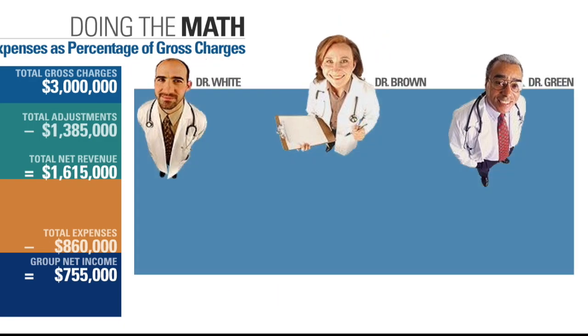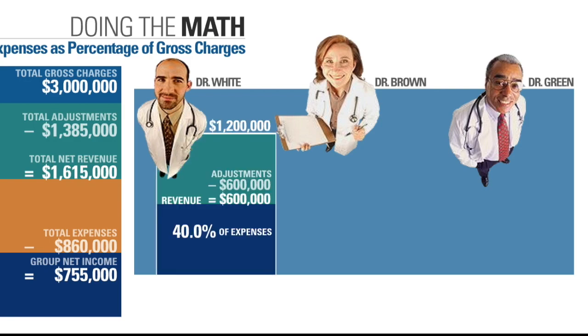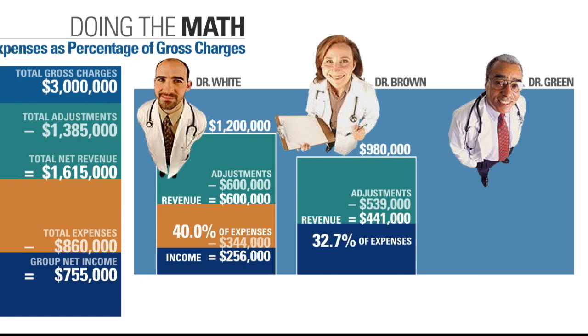Again, we already know that the total practice expenses equals $860,000. Dr. White is allocated 40% of this amount, or $344,000. When this amount is subtracted from his net revenues, his income will be $256,000. Dr. Brown is allocated 32.7% of this amount, or $280,933. When this amount is subtracted from her net revenues, her income will be